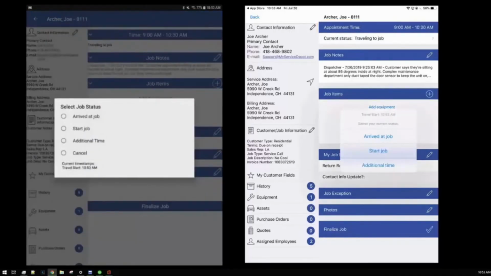So we have an arrived at job timestamp. You probably won't use that one very much. You'll most likely use the start job timestamp. The difference being we would arrive at the job, use that arrived at job timestamp if we're there but we're not ready to begin yet. Let's say Jess gets there a little bit earlier than I do, and he's waiting on me to drive over and get there finally. He could go ahead and do arrived at job,